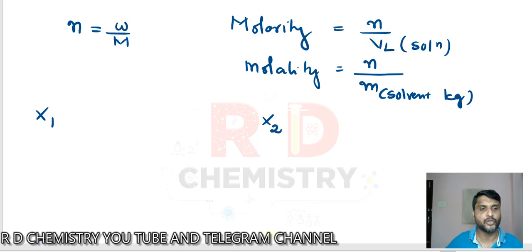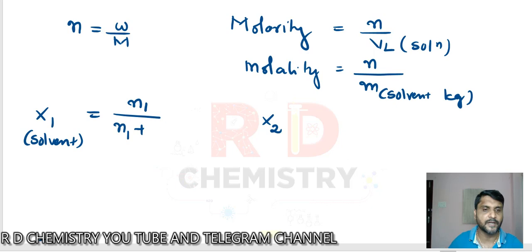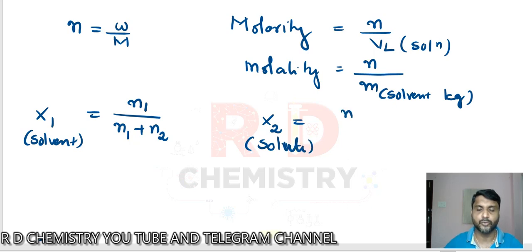It can be for the solute or the solvent. Suppose x1 is for the solvent, then how to write down? Number of moles of the solvent n1 divided by number of moles of the solvent plus that of the solute, total number of moles. Similarly, if 2 is for the component solute, then how to write down? n2 divided by n1 plus n2, correct? And remember, there are only two components for binary solution, x1 plus x2 is always equal to 1, right?